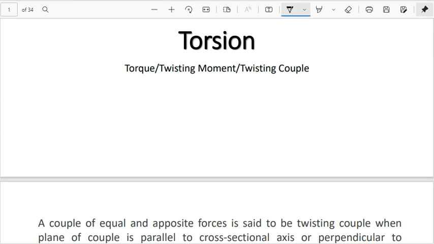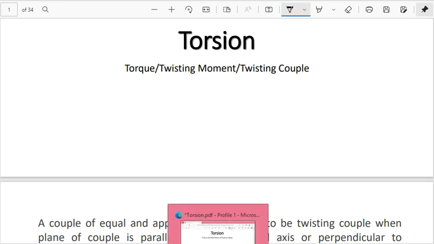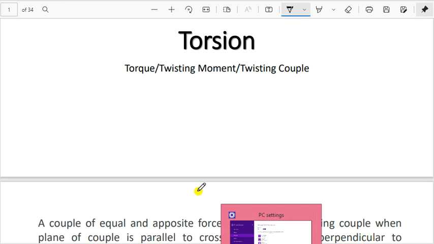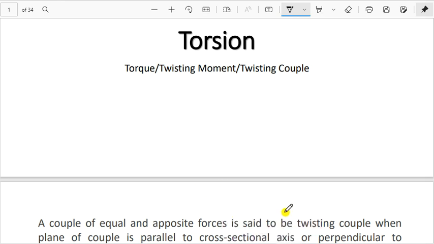Welcome friends. In today's lecture, we are going to discuss torsion. What is twisting moment, twisting couple? We will define it first and then we will solve few problems on torsion. Also we will derive the torsion equation and finally draw a torsional moment diagram and some problems on shafts in series and torsional deflection for the shafts in series. Let us start